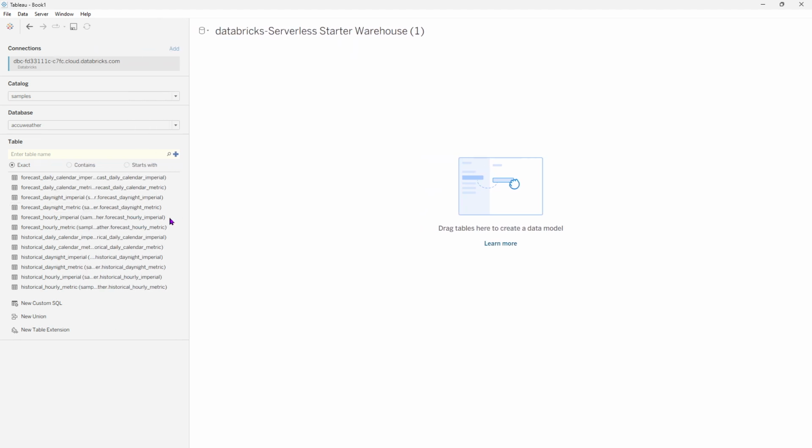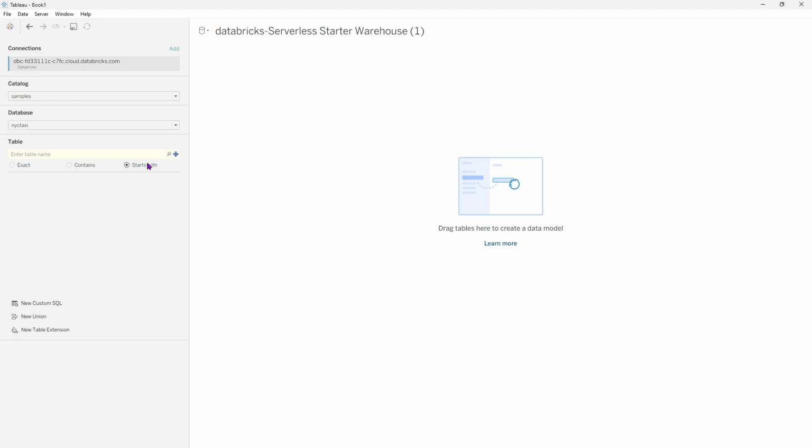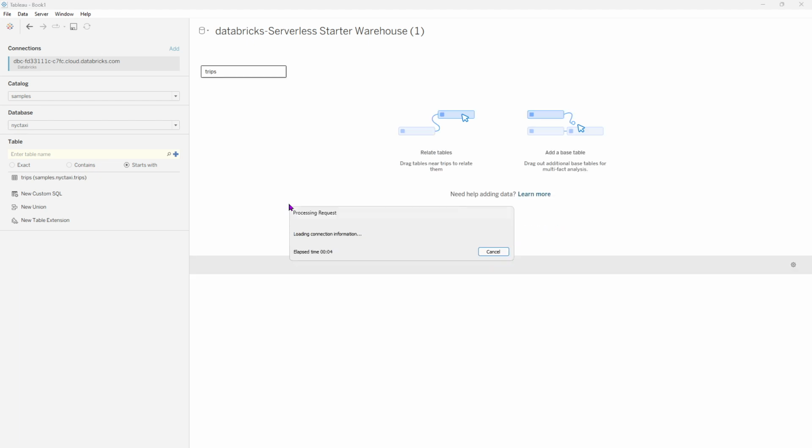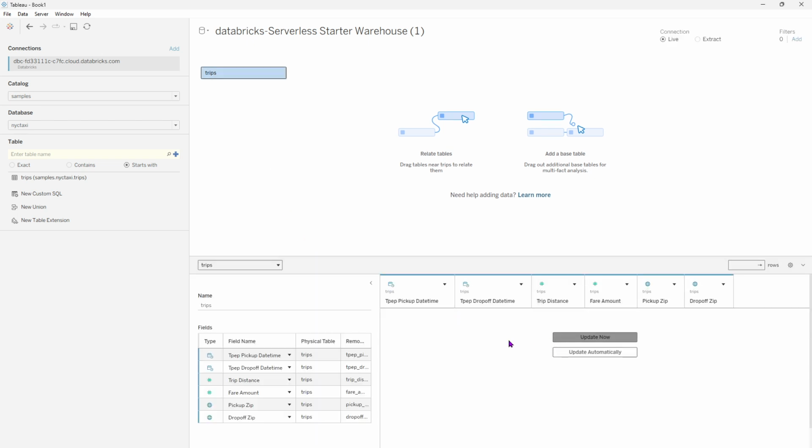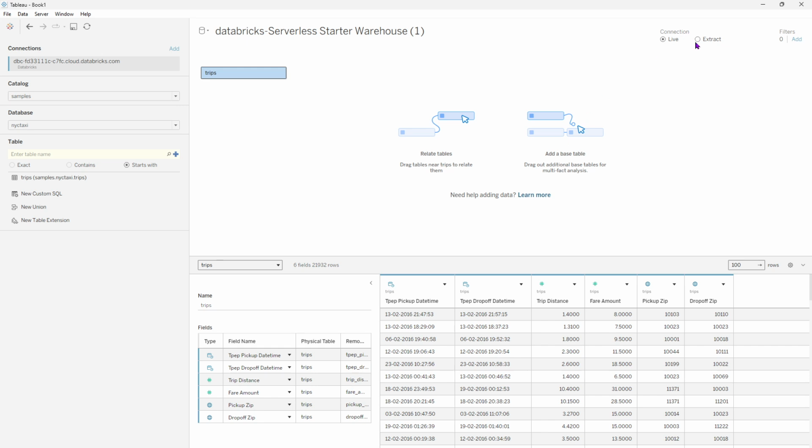Let's select one of the data sets. Currently I'm not fine with this data set. Let's select New York taxi and start with, okay, so taxi trips. So we have this data over here. Let's click on this update now. Now as you can see, now we have this data,